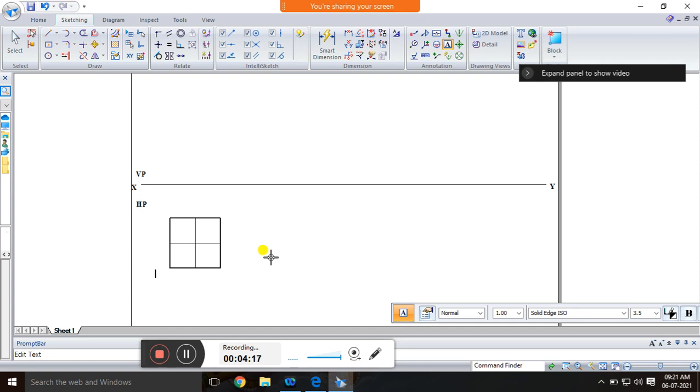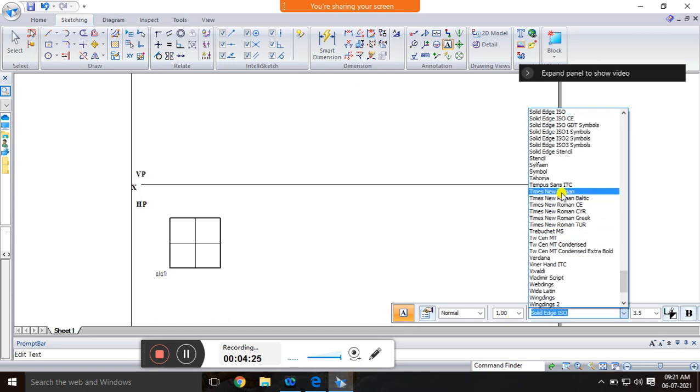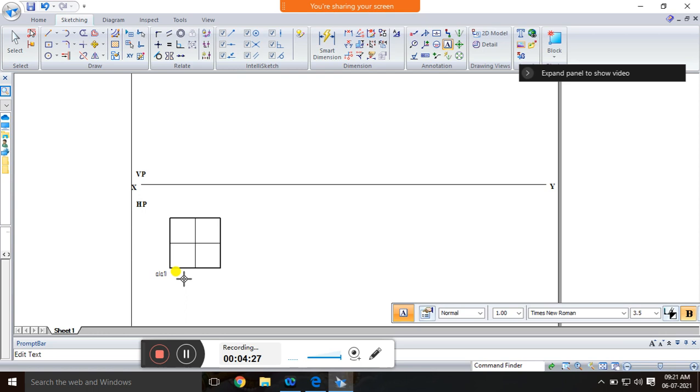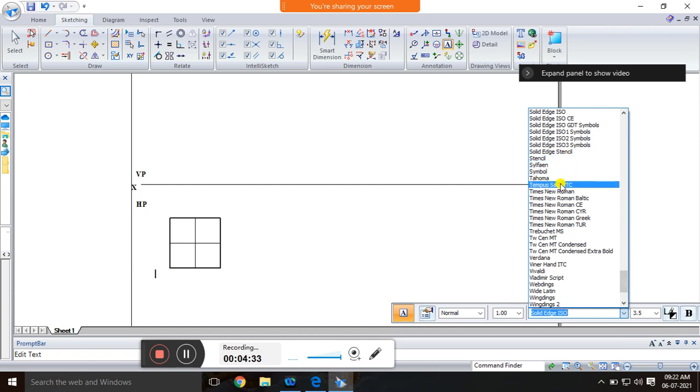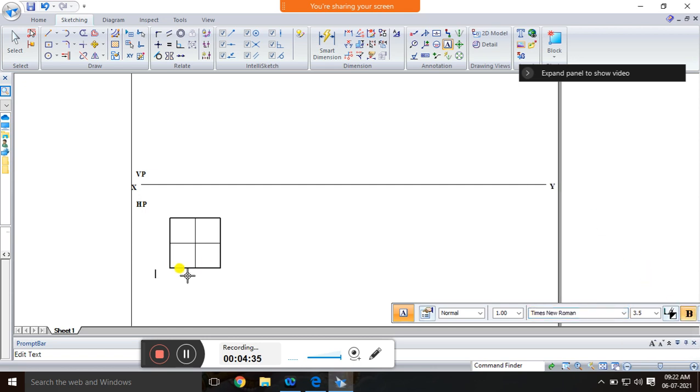The bottom one is always A1. This should be in Times New Roman. This is A, and in bracket A1, and here